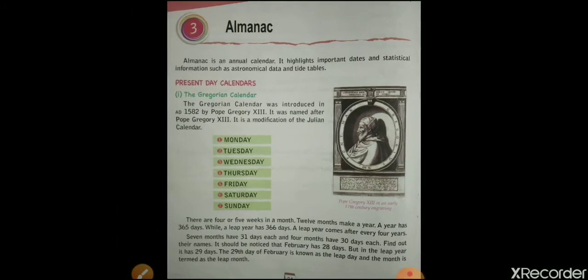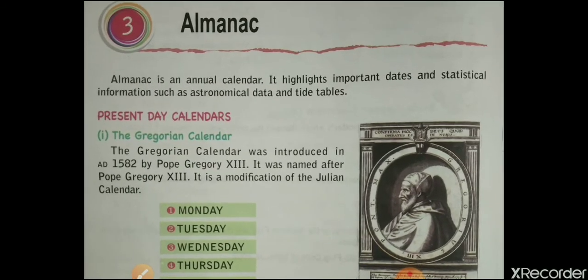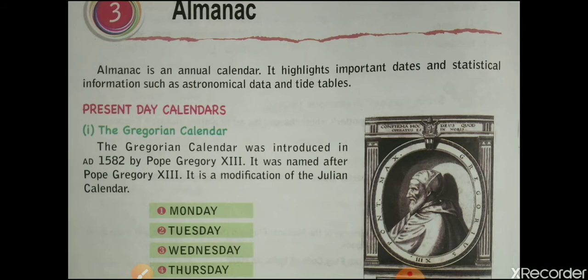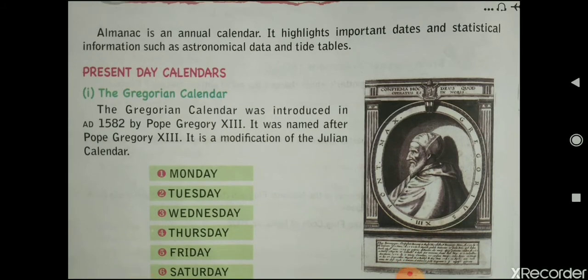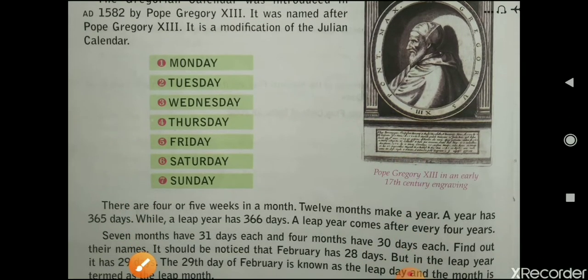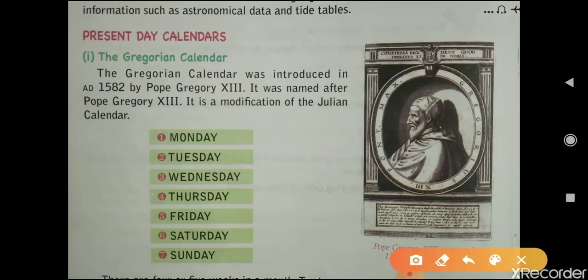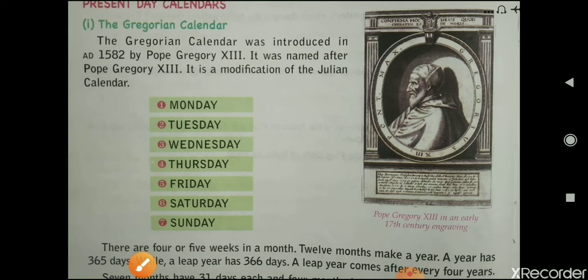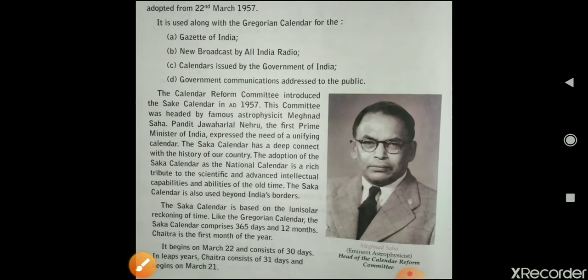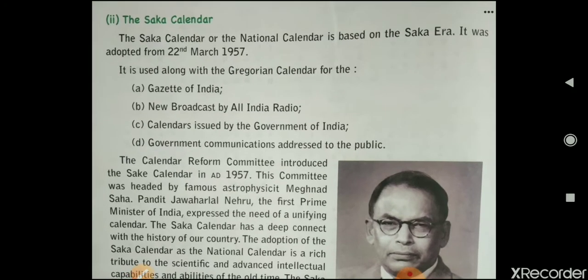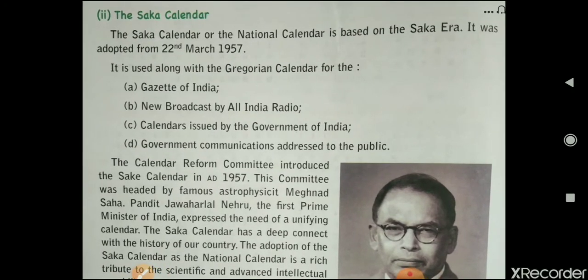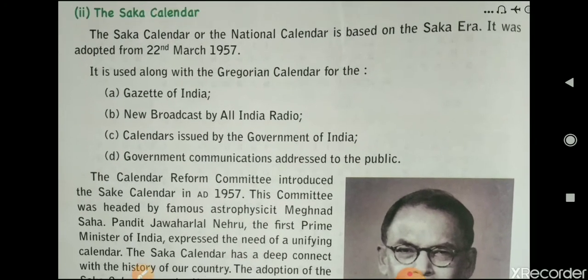In lesson number 3, Almanac, you studied what an almanac is, then the different calendars, that is the Gregorian calendar and the Saka calendar. The Gregorian calendar was introduced in AD 1582 by Pope Gregory XIII, and it was named after Pope Gregory XIII. And then you saw what the Saka calendar is. The Saka calendar, or the national calendar, is based on the Saka era, and it was adopted from 22nd March